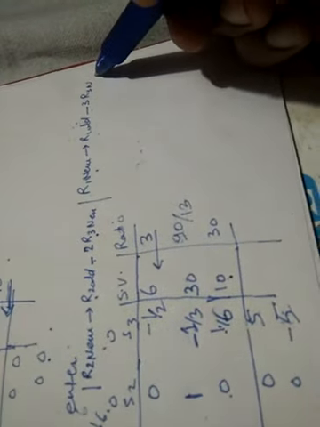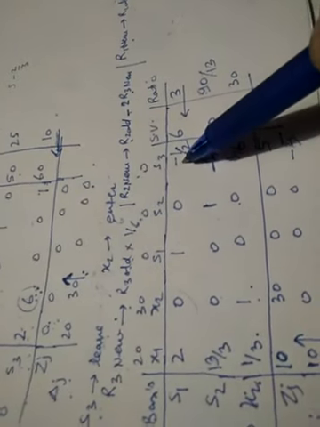Now you have to make 0 here also. Here it is 3 and here it is 1. If we multiply 3 here and then subtract from this row, you will get 0 here. So here you can see this is the command R1 new becomes R1 old minus 3 times R3 new. So here you get these values 2, 0, 1, 0, 1 minus 1 by 2.